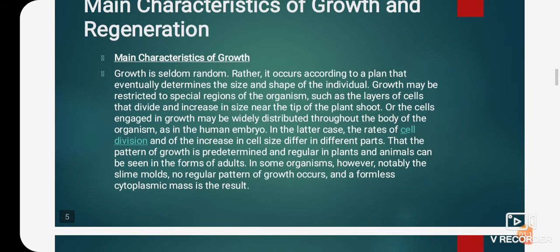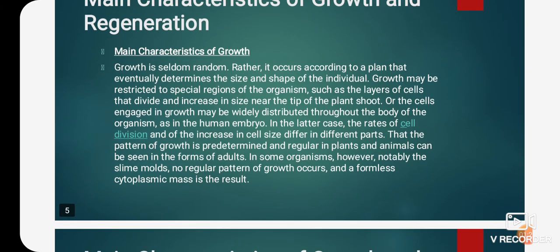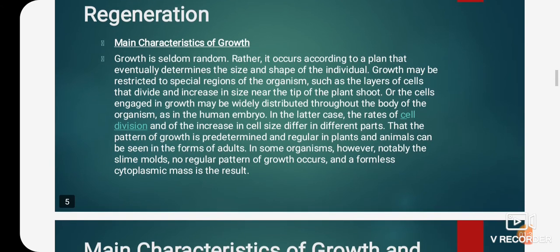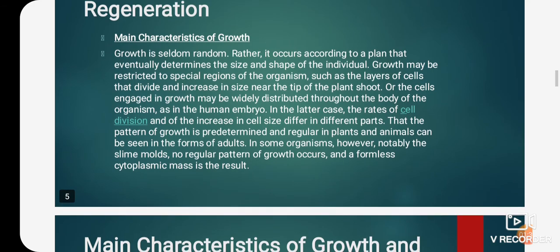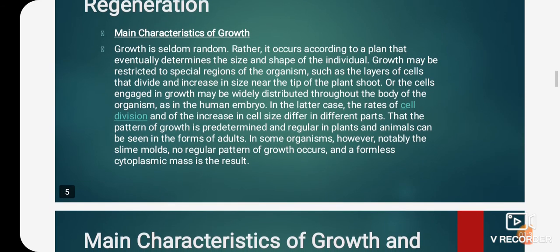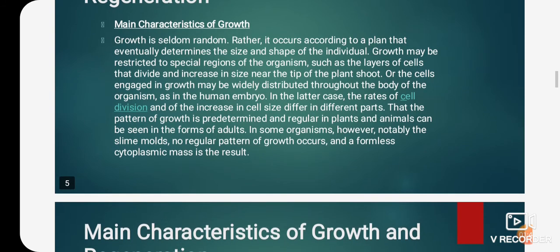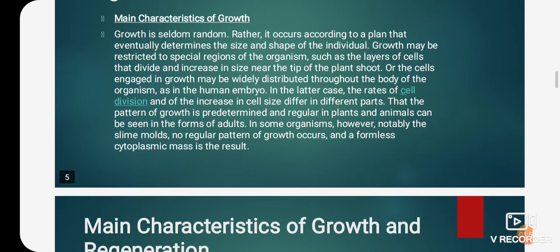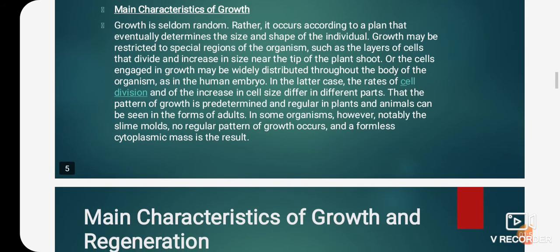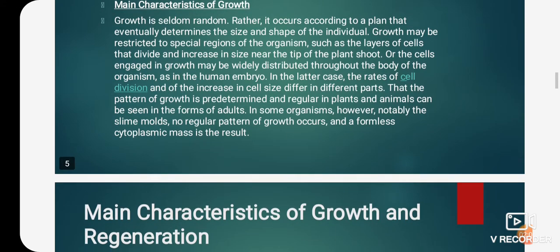Growth is seldom random; rather, it occurs according to a plan that eventually determines the size and shape of the individual. Growth may be restricted to a spatial region of the organism, such as the layers of cells that divide and increase in size near the tip of the plant shoot, or the cells engaged in growth may be widely distributed throughout the body of the organism, as in the human embryo. In the latter case, the rates of cell division and of the increase in cell size differ in different parts,